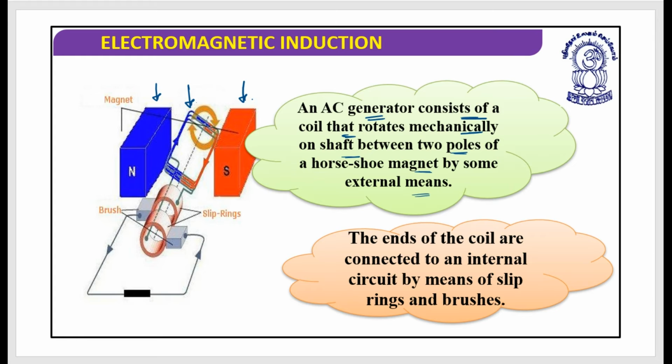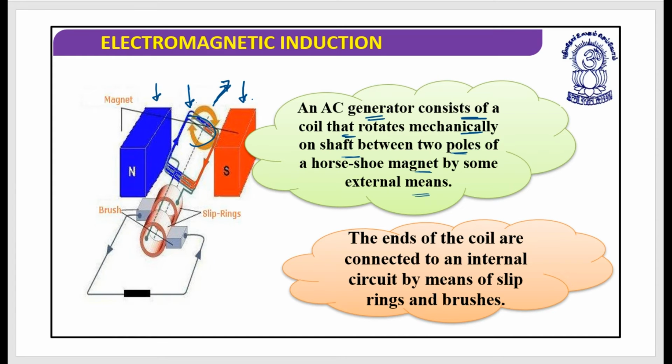by some external means. So what we are supposed to do is make an arrangement such that we can rotate this rectangular coil. Now which arrangements are possible? We have different power plants, let's say hydropower plants, nuclear power plants, and mechanisms where steam flows and strikes the turbines and rotates them. So we have different mechanisms externally